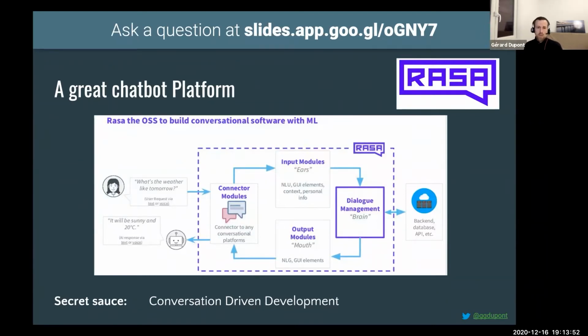And what was interesting for us is this conversation-driven development that they propose, where you have a platform and you can revise your model dynamically based on conversation experience, so real conversations that happened with your bot. So you don't have to have a full-scale bot covering all the use cases that you have at the start and imagine all the cases, but you can launch it, experiment with it, play with it, and step by step complexify the dialogue model that you want to use.